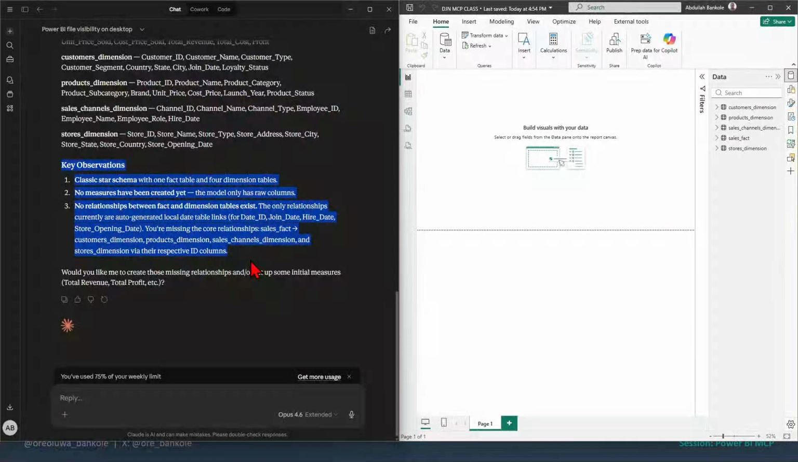Do you see it now? It's giving me an observation. Classic star schema, 1 fact and 4 dimension tables. No measures have been created yet. No relationship between the fact and dimension tables exists. Now, would you like me to create those relationships for you? No, not yet. One of the things that we've learned over time is that when we are working with